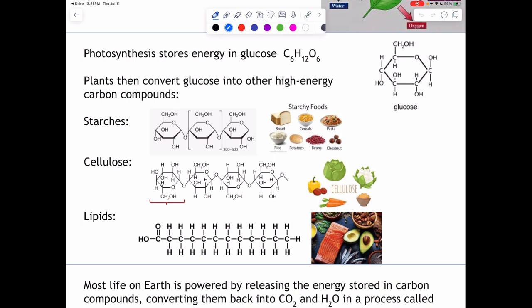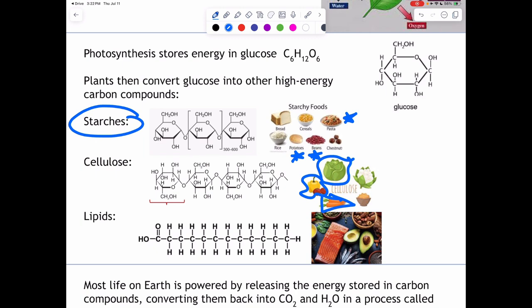So starches are, for example, what we see in the forms of pasta, beans, potatoes, and so on. This could be the roots of a vegetable. It could be the grains in a plant. So different parts of the plant become starches. Then we have the cellulose. Cellulose is also parts of the plants. It could be the leaves. It could be some of the fruit that they produce. It also could be the roots in the form of carrots. So these are versions of different cellulose.